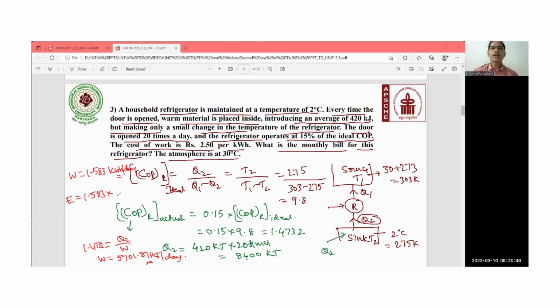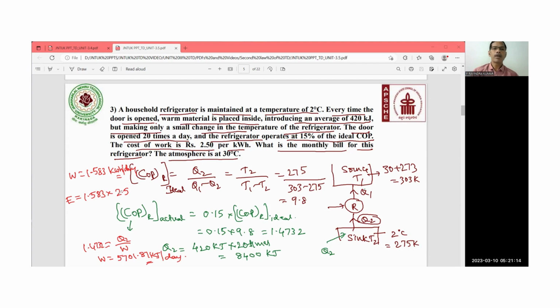The cost of the work is, what is the monthly bill for this refrigerator? So 2.5, 1.583 into 2.5. What is the monthly bill? So monthly bill means